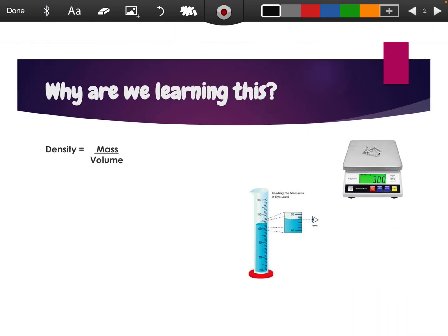So first, I want to go over why we are learning this. For example, later on in this unit, we will calculate density. The formula for density is mass over volume. Say we were finding the density of these nails. Here's our mass. We have a mass of 30.0 grams. And if we look at our volume, we would measure a volume of about